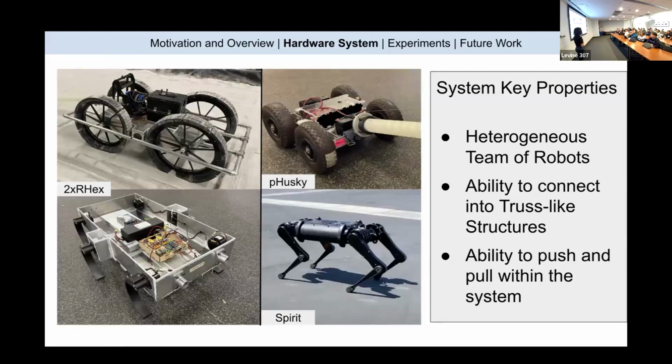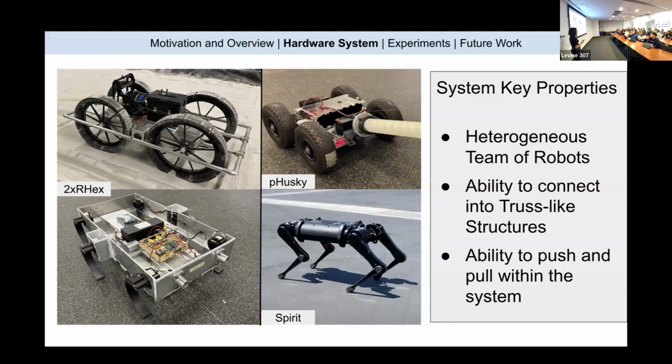Some of the key system properties that we do have to figure out and build is that we wanted to have a heterogeneous team of robots. We wanted to showcase that because different locomotive methods have their pros and cons, if we had a team that could connect between all of these systems, then we could utilize the unique abilities of each bot as the maneuvers are happening. And so the 3 bots that we ended up using for our project were the 2X, which is a double scale version of the